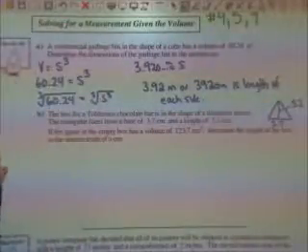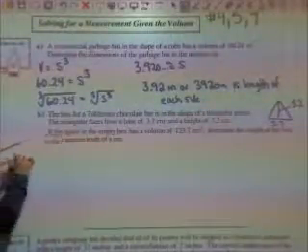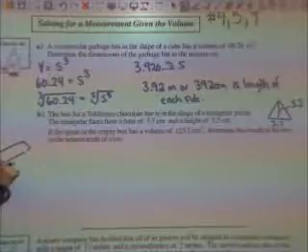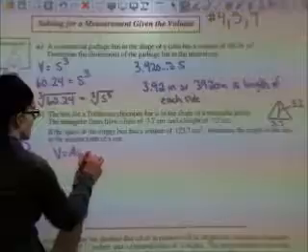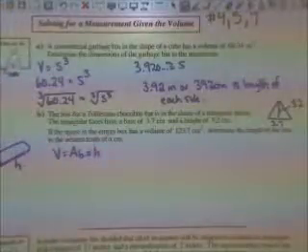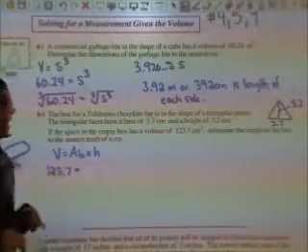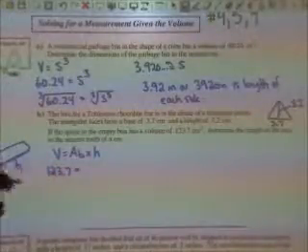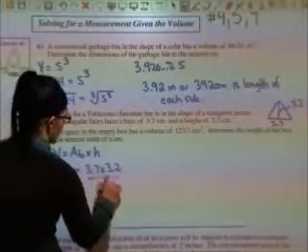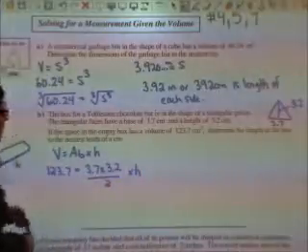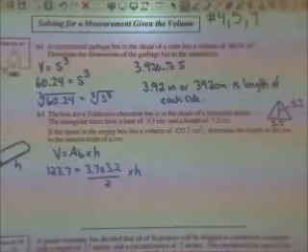So if you remember, a Toblerone chocolate bar looks like that. So what we're asked to calculate is this measurement right here, which we call sometimes the height of the prism. So remember, volume is the area of the base times the length or the height of the prism. The volume is 123.7, and the area of the base is that triangular face. Base times height divided by 2. So when I put that into the calculator to get my measurement,